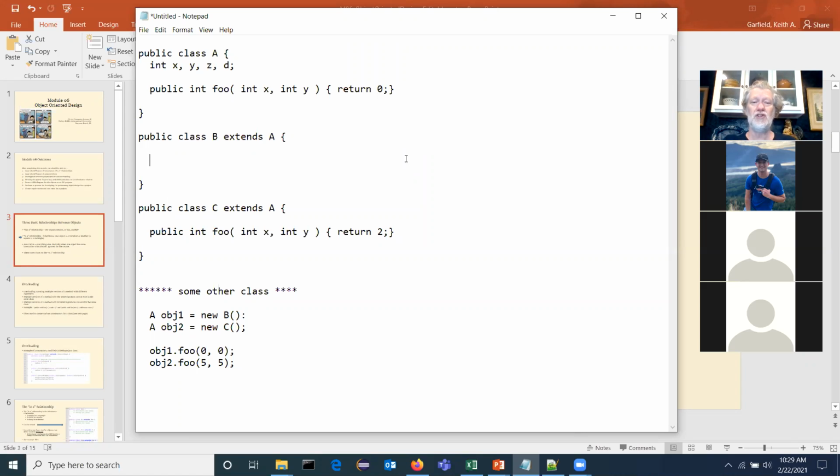Now let's go through what the Java virtual machine is trying to do here. If I said here, A object1 equals new B, what I'm saying is, first of all, the Java machine is going to look at that and say, oh wait a minute, you said it was of type A, and now you want me to build a B. So I'm going to go look at B, and it says B extends A. So the Java virtual machine says, okay, you're fine. I'm going to build you an object of class B. But remember, an object of class B is an A, right? It's also an A.